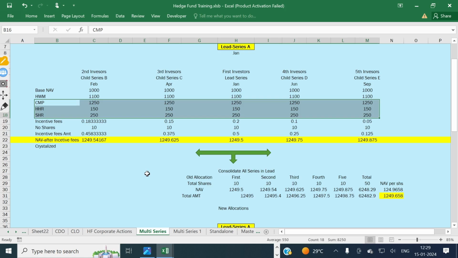you invest, it will take time, at least 1 or 2 quarters, to meet whatever expected return benchmark was set with the investor. Let's say 10%, 5%, 20%. It should meet. So when you create any new series, you always set up qualifying parameters to get into the lead series,